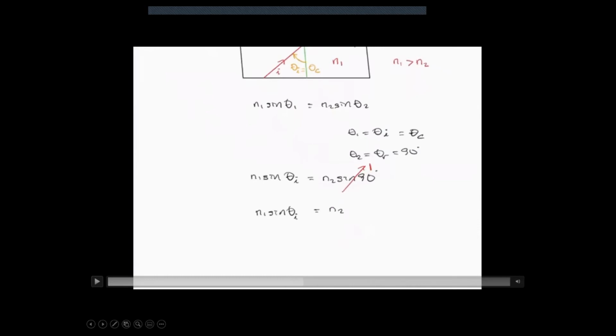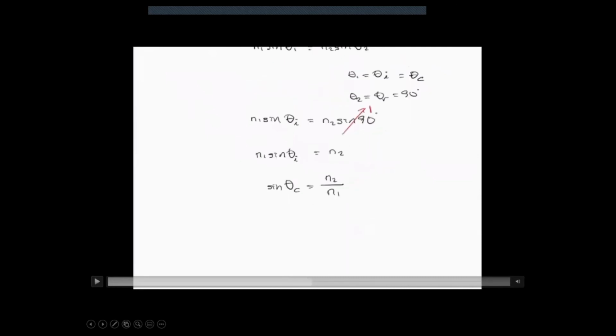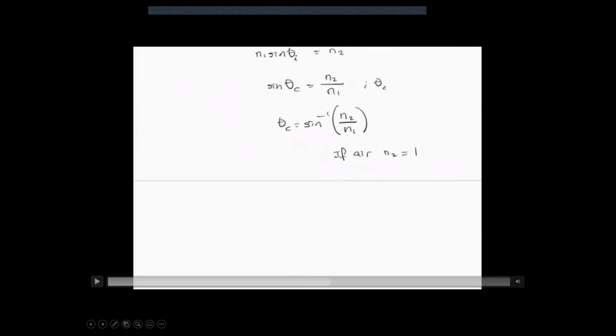Because the angle of refraction is 90 degrees, this gives us the critical angle. That's the reason I changed theta 1 to theta c. Solving for the critical angle, this is what you come up with, with n2 roughly about 1. This becomes the critical angle formula, so now you can figure out the critical angle of just about anything. If it's glass, n1 is 1.5. If it's diamond, it's 2.5. If it's water, it's 1.33. So the critical angle depends on the medium.